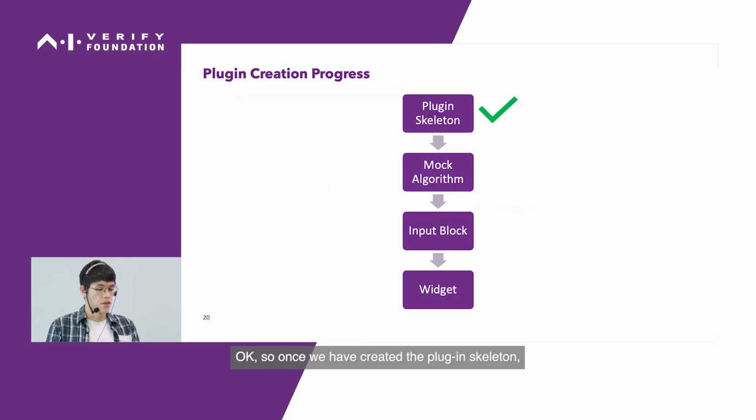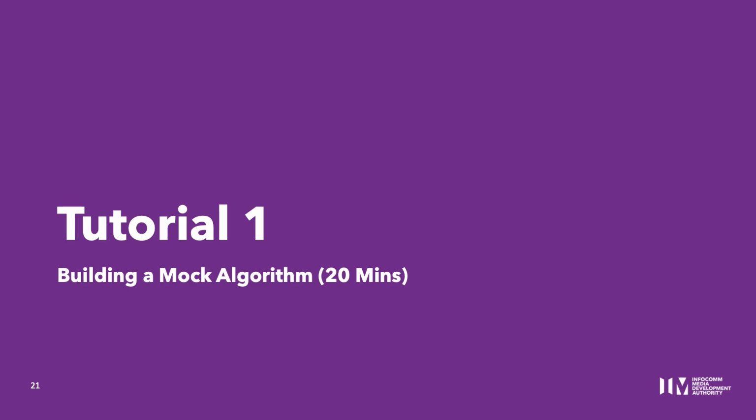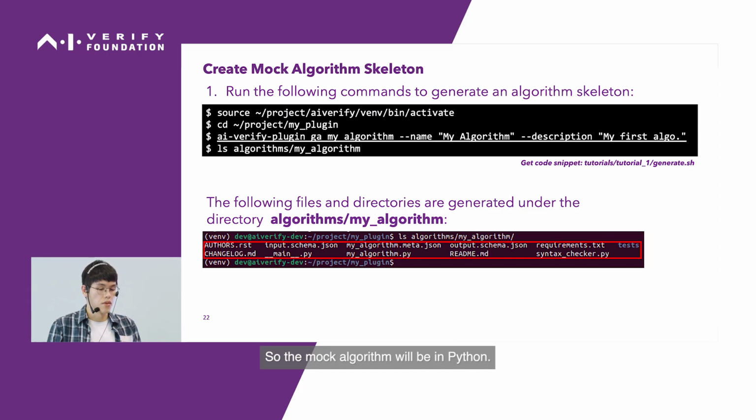Okay, so once we have created the plugin skeleton, we can proceed to create the mock algorithm. Okay, so the mock algorithm will be in Python. So this is the backend. This is the backend component. So it will be in Python. So the first thing we have to do is to